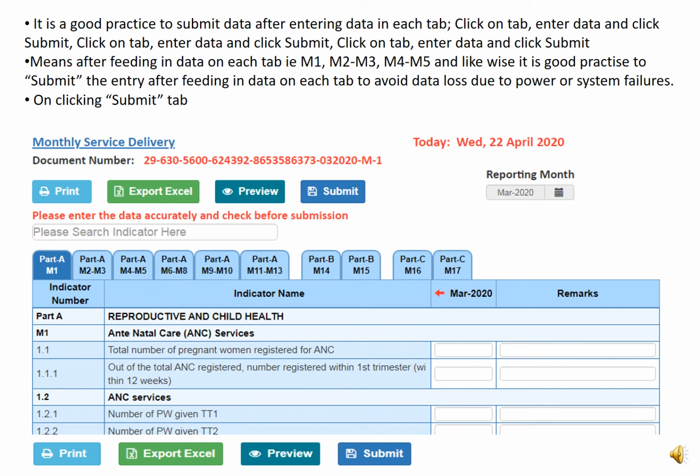Means after feeding in data on each tab, that is M1, M2, M3, M4, M5 and likewise, it is a good practice to submit the entry after feeding in data on each tab to avoid data loss due to power or system failures. On clicking Submit tab,